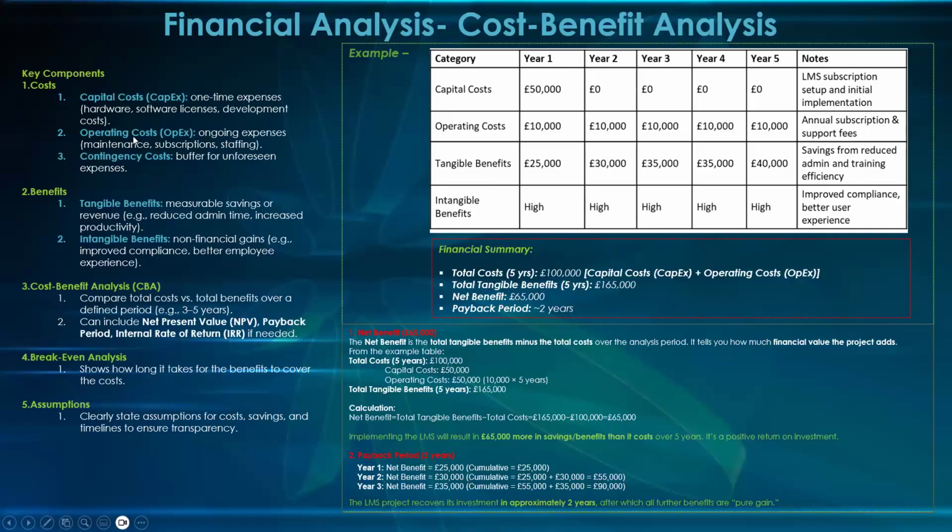We add it together. Does it make sense? The capital and the operating, say for year one, the total cost here is 50, operating cost here is 10, right? So once we add everything up,